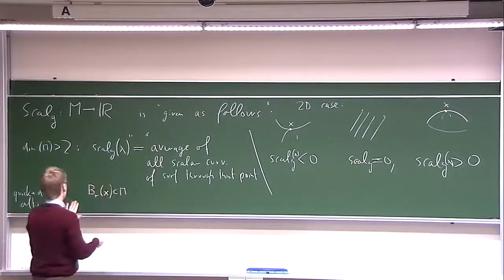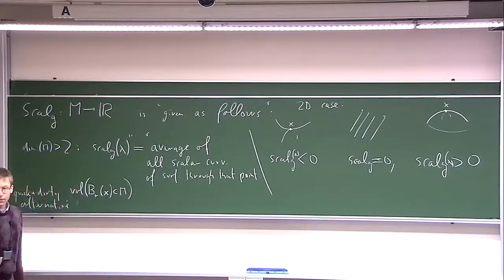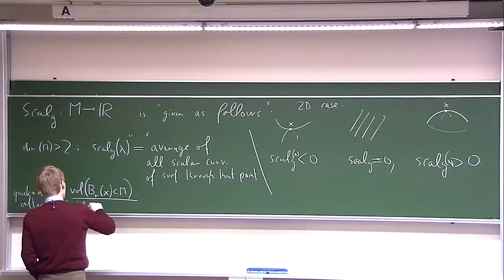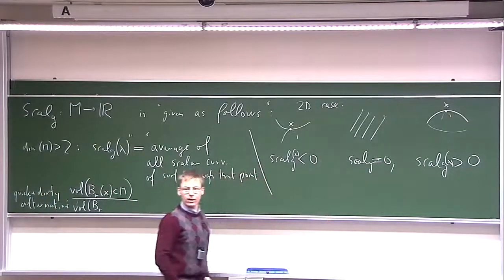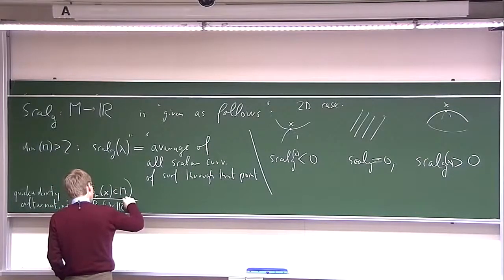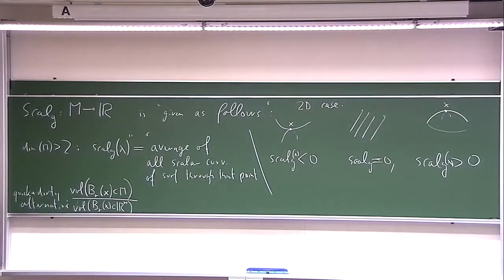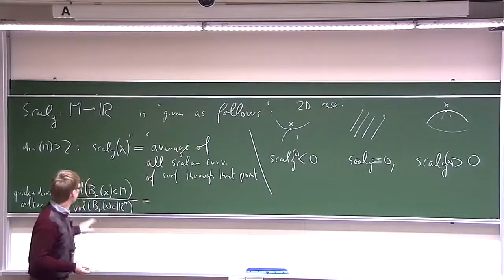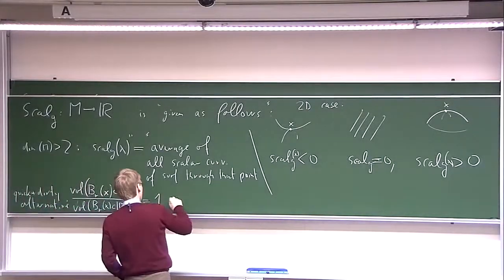And so we could use the metric again to look at the volume of this ball. And you can compare this to the volume of this model situation, which would be the flat case. So we take a Euclidean ball of radius r inside Euclidean space of the right dimension, n is the dimension of the manifold, and we can make this comparison. And of course, if we zoom in, if you look at small scales, the two things will be pretty much the same. But they won't be quite the same.